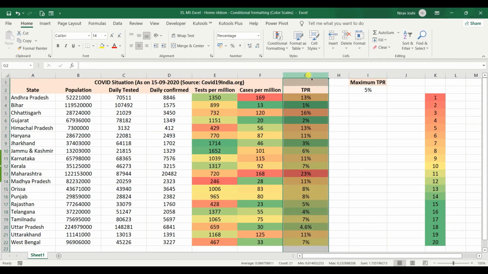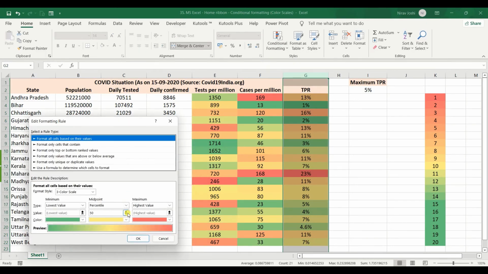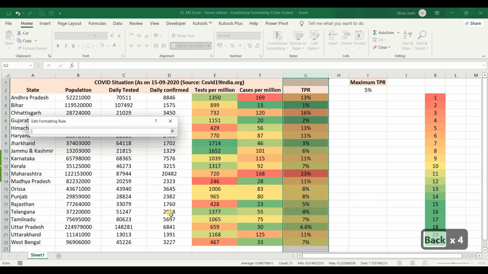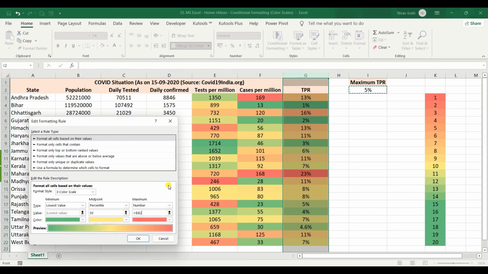So what we can do is go into manage rule, edit, and as the highest value, we can either give a particular number like 0.05 directly, or we can select this particular cell to give a relative value. So in future, if we like, we can change that value as well, right?